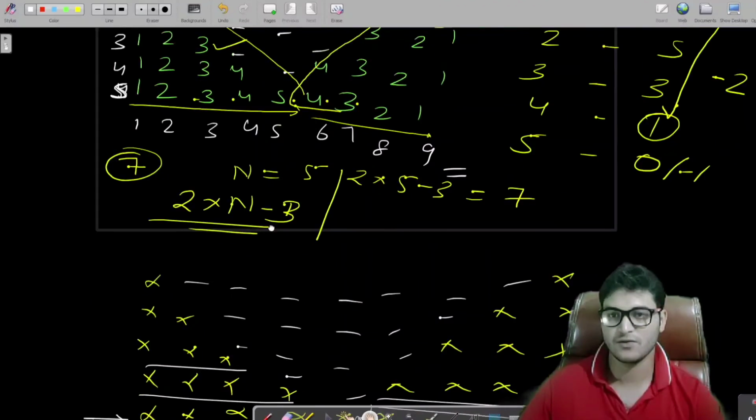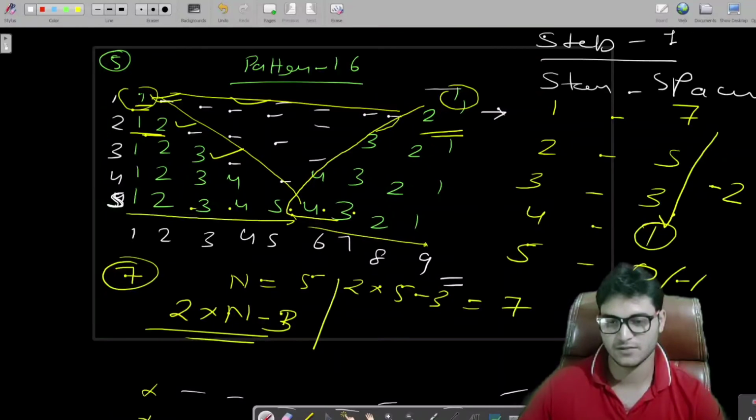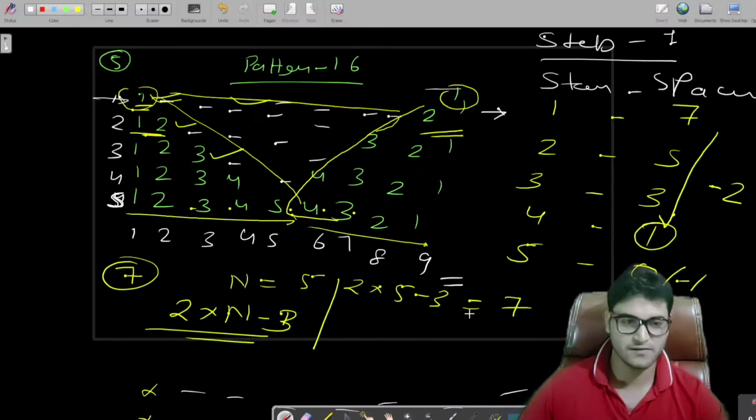If we go up to what we had in the question, in each row we are starting from 1 and going till the number of rows, or the number of stars we have. So let me take a variable, let's say count. Let's rough this, we do not need this anymore.